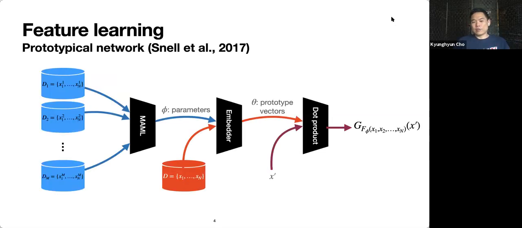Let's just look at some representative examples of these few-shot learning algorithms. One such thing is the so-called prototypical network by Snell et al. from 2017.